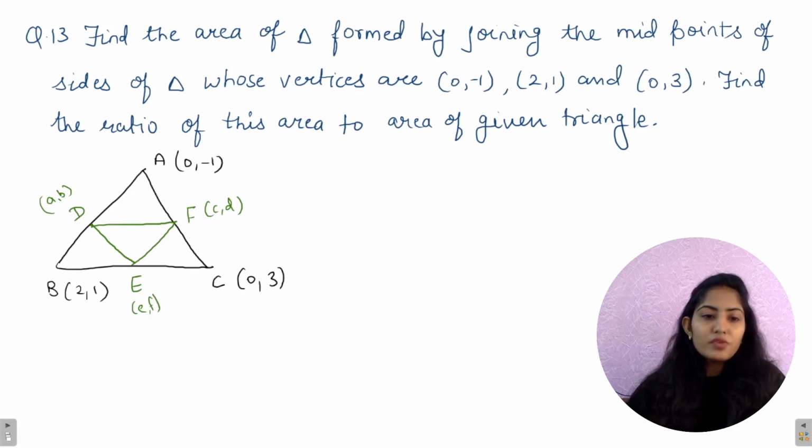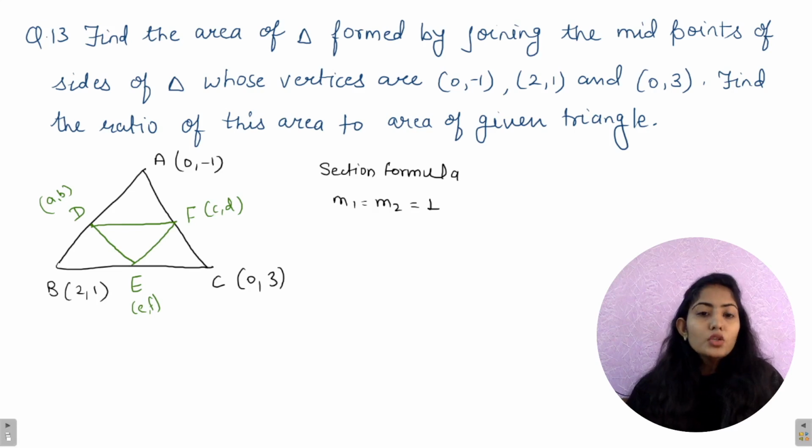अब मैं a b c d इनको सेक्शन फॉर्मूला यूज करूंगी। तो सबसे पहले मैं सेक्शन फॉर्मूला यूज करती हूँ। हमारा सेक्शन फॉर्मूला बोलता है कि अगर आपके, क्योंकि मिड पॉइंट है तो m1 और m2 जो है वो हर जगह पर इक्वल्स टू 1 हो जाएंगे, ठीक है। तो मैं हर जगह पे यही लेने वाली हूँ हर टाइम पर।